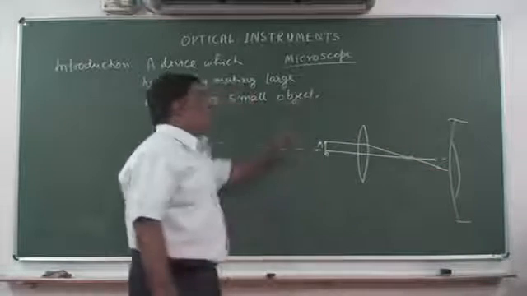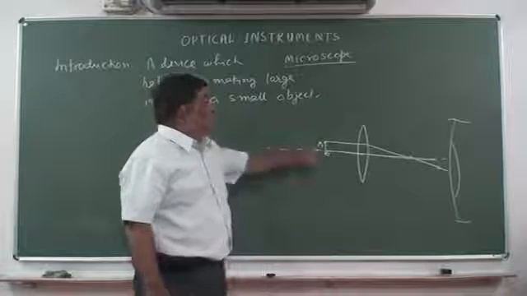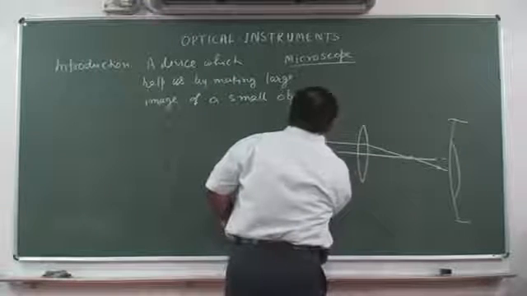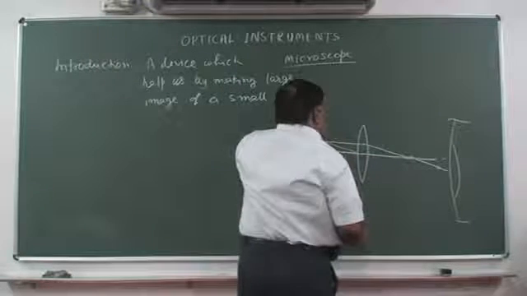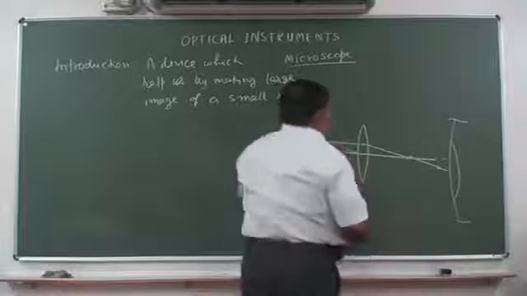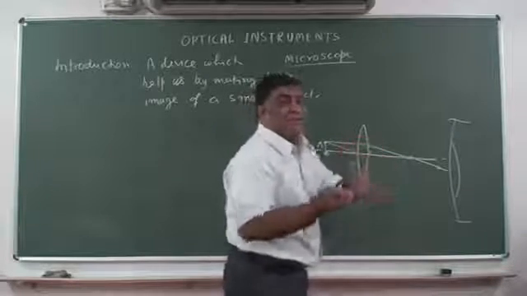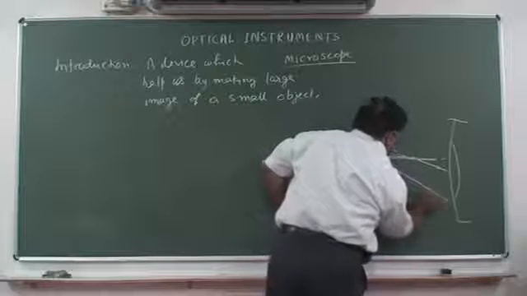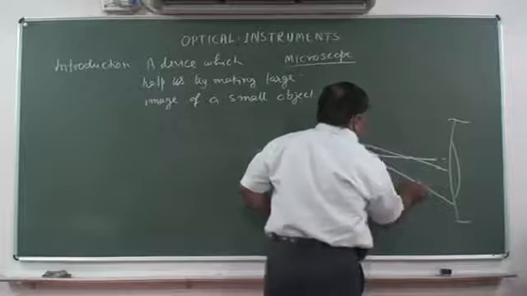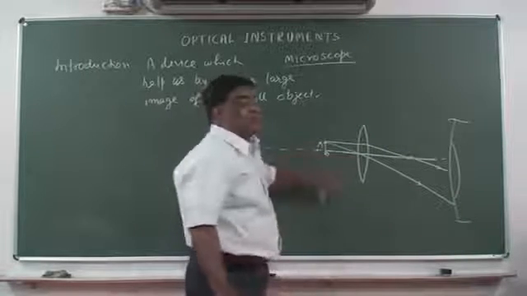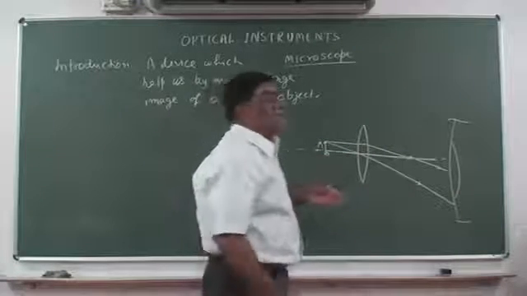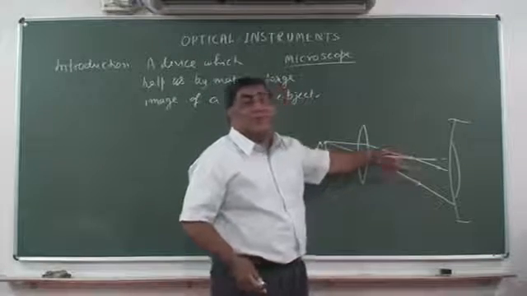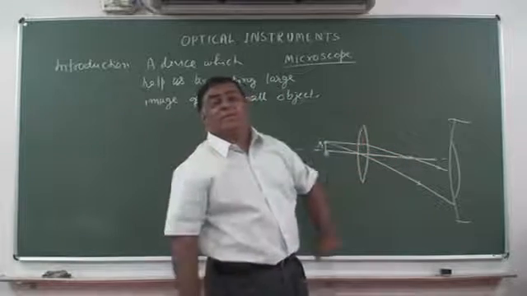Another ray goes from optical center and it goes to our eyes. Optical center, and there is no deviation. There is no refraction from the optical center and it goes like this. Okay, so these are the two rays. If these are the two rays, where do we see the image? The answer is where they intersect. But they do not intersect anywhere because they are diverging.